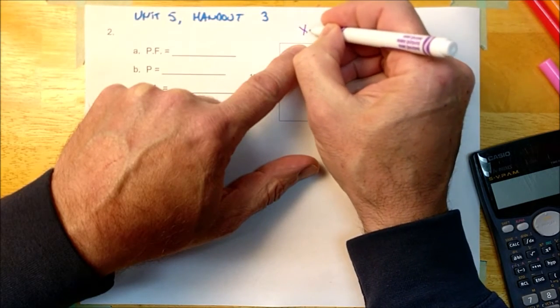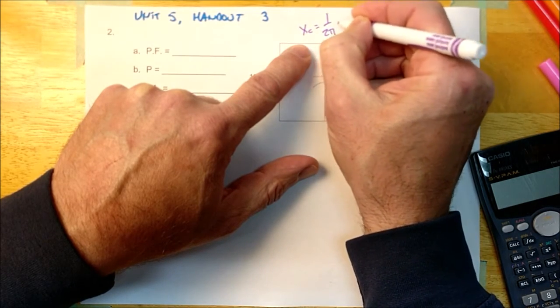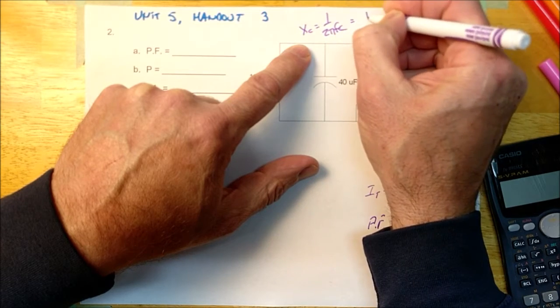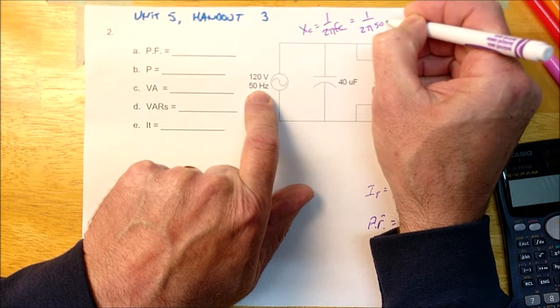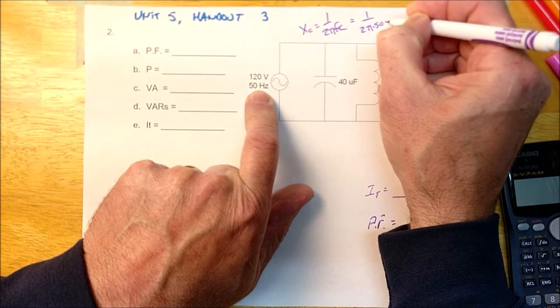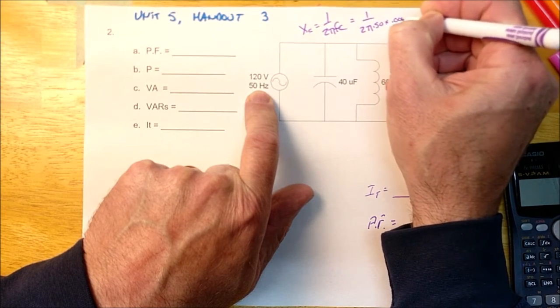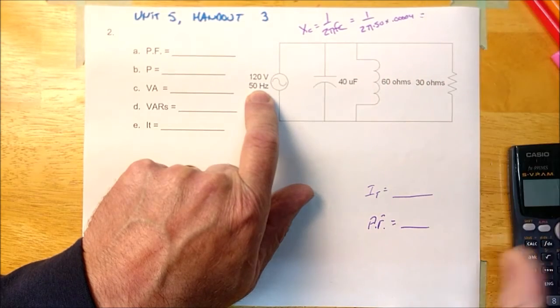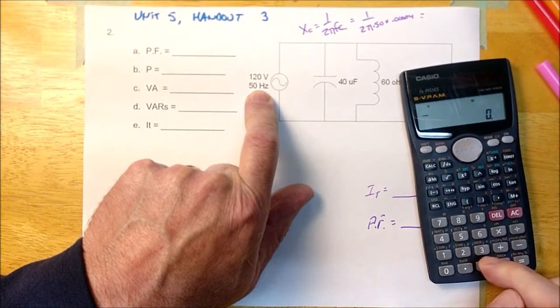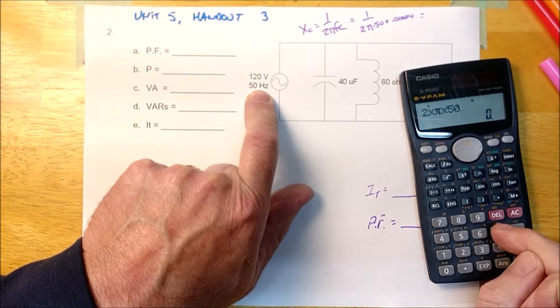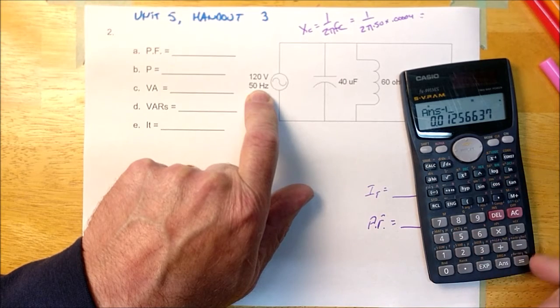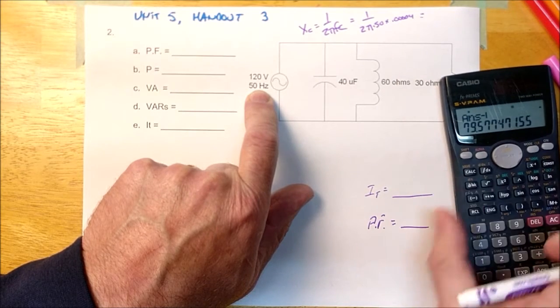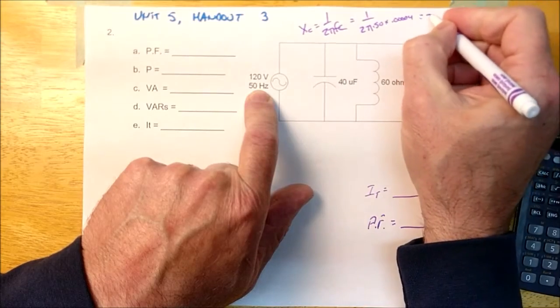So real quick here, I'm going to calculate this. 2 times pi times 50 times 0.1234. Okay, so that's 79.6